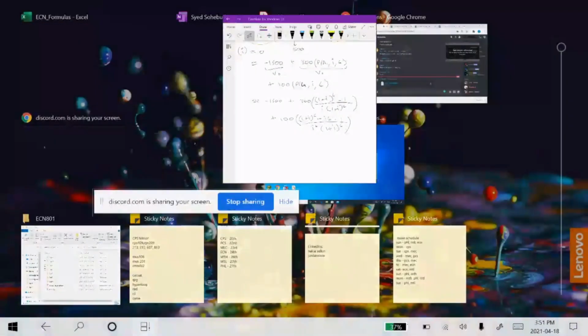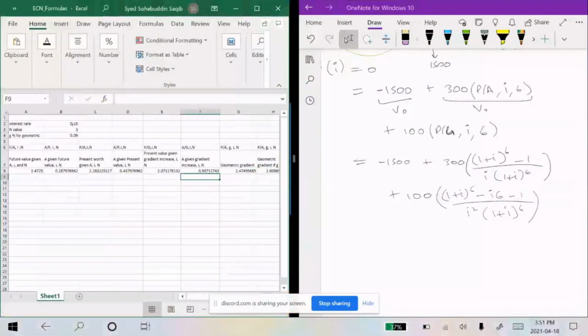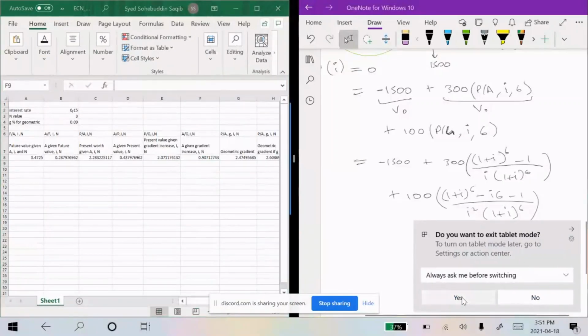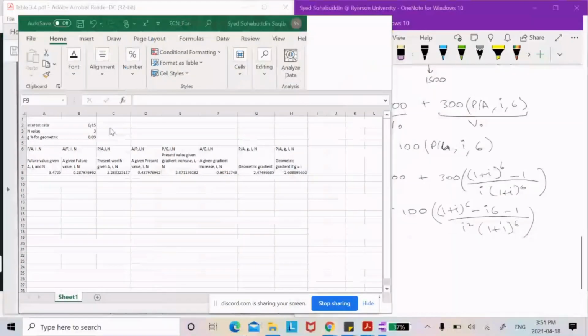I think you said trial and error from 30%. Oh man. Wait, I'm going to have to switch. One second. Alright, it's going to let me edit now. Yeah, so